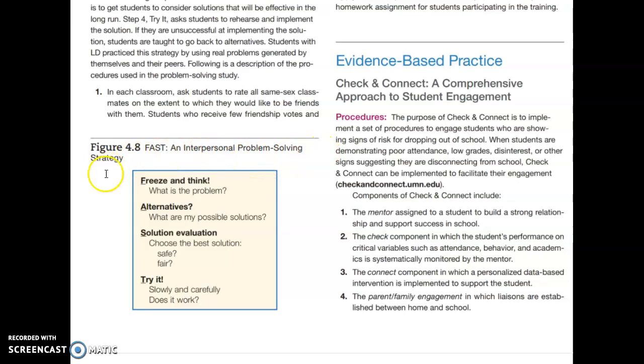interpersonal problem solving strategy. F, freeze and think. What is the problem? A, alternatives. What are my possible solutions? S, solution evaluation. Choose the best solution. Is this safe and is it fair? T, try it slowly and carefully. Does it work? So that is the FAST strategy. Again, I will do a more thorough demonstration of this FAST strategy when I do the video for your instructional activities, which, by the way, while I'm